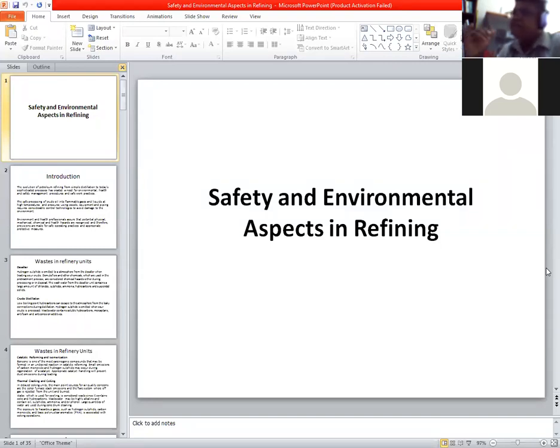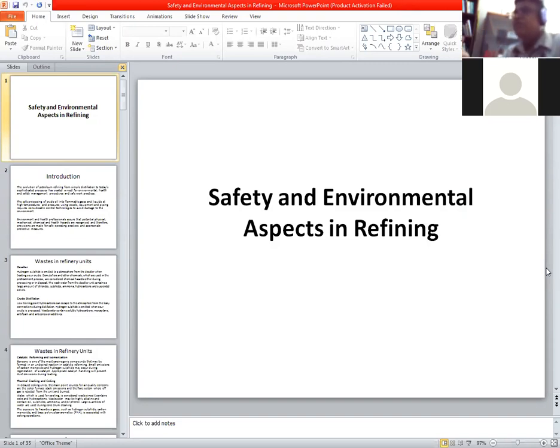Due to that, acid rain can occur. As you know, in the air there may be water vapor. So water plus sulfur dioxide react and produce sulfuric acid: H2O plus SO2 gives H2SO4. Similarly, nitrogen dioxide also reacts with the water vapor present in the air and is converted to nitric acid. So acid rain can happen due to these gaseous emissions coming from a petroleum refinery.